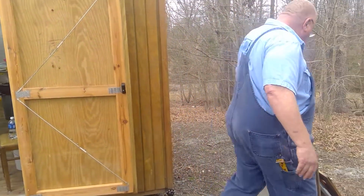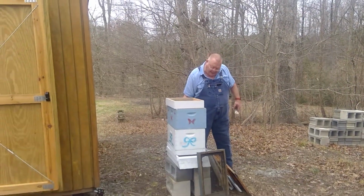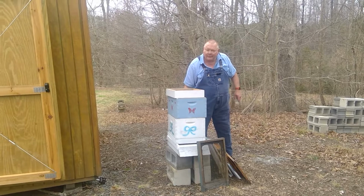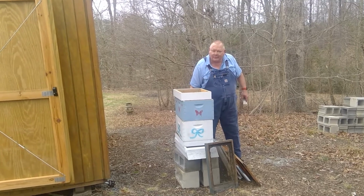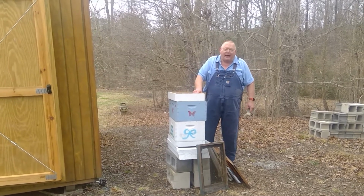You can get a rough idea by just walking up to the back of the hive and picking it up. If it feels about as heavy as a loaf of bread, you really need to feed. If it feels like you're trying to pick up a sack of concrete, you need to stop feeding. And if you really want a good idea, you have to actually go in the hive and look at it,